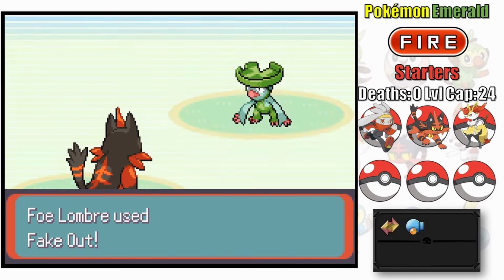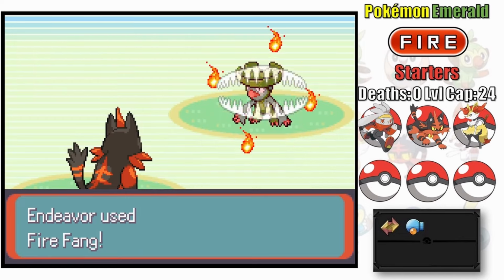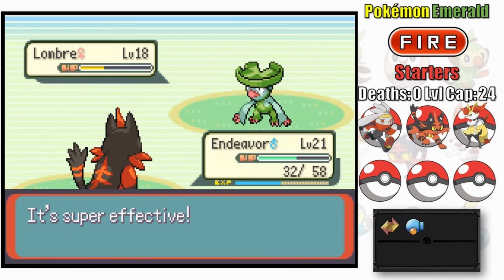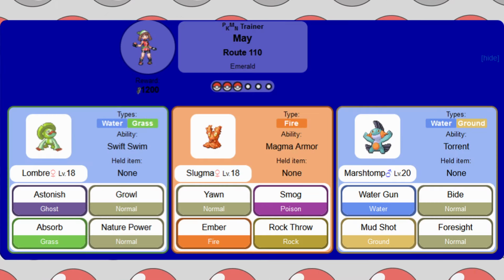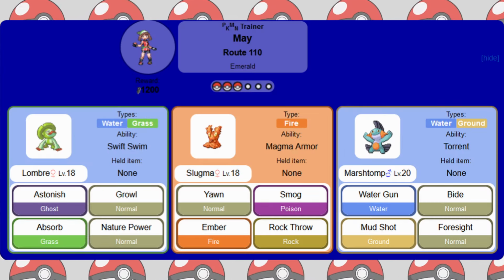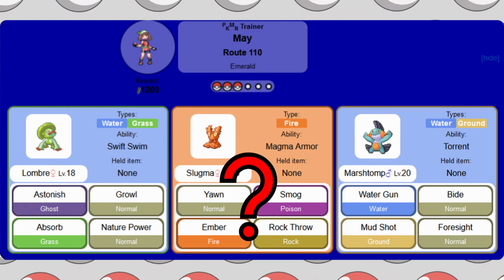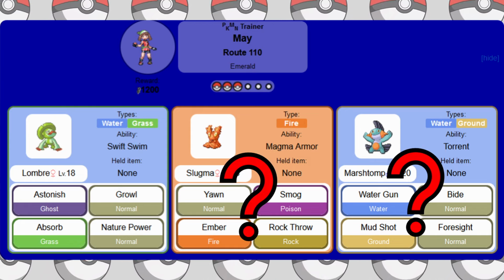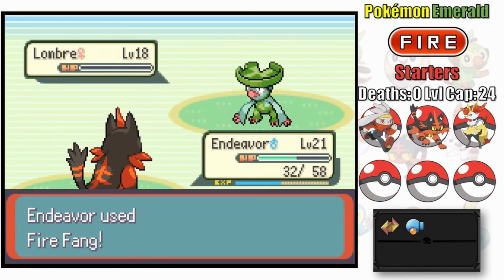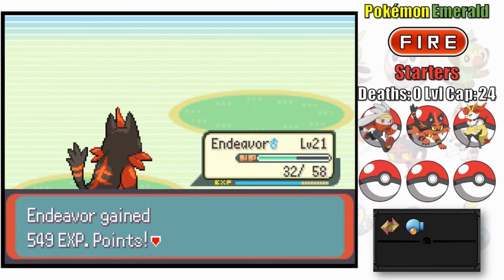You see, I get Fake Outed by this Lombre, which he wasn't supposed to have, and then get Bubbled, which he also wasn't supposed to have. You see, in Vanilla Emerald, he doesn't have either of those moves, so I was expecting a simple fight. This also means the movesets of other trainers may be different than what my guide says. Fun! Thankfully, I still take out the Lombre in another Fire Fang, but my health is quite a bit lower